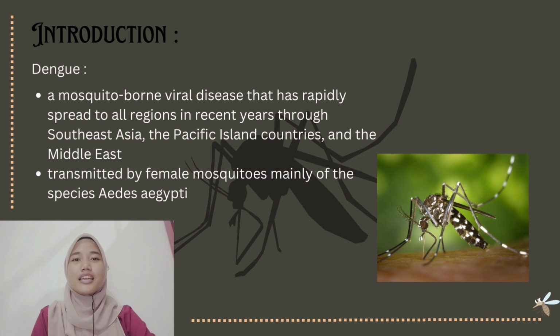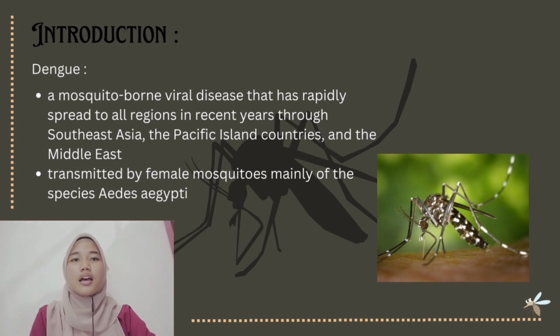Introduction. Dengue is a mosquito-borne viral disease that has rapidly spread to our region in recent years. The risk of contracting dengue infection has increased dramatically since 1940. Dengue has spread through Southeast Asia, Pacific Island countries and the Middle East. Today, approximately 40% of people live in regions of the world where there is a risk of contracting